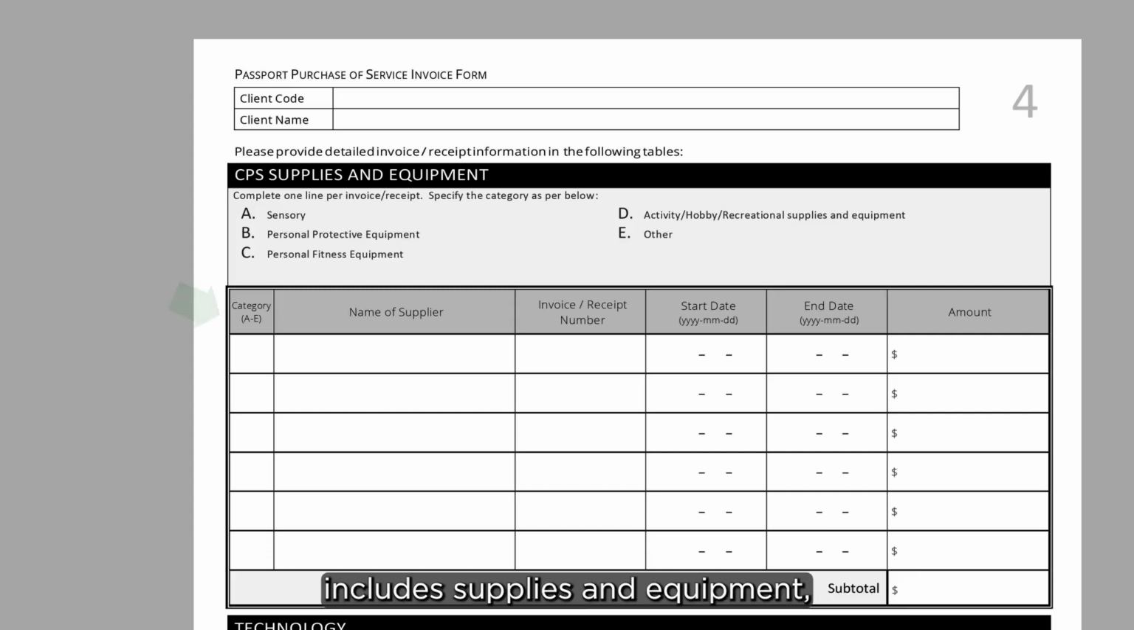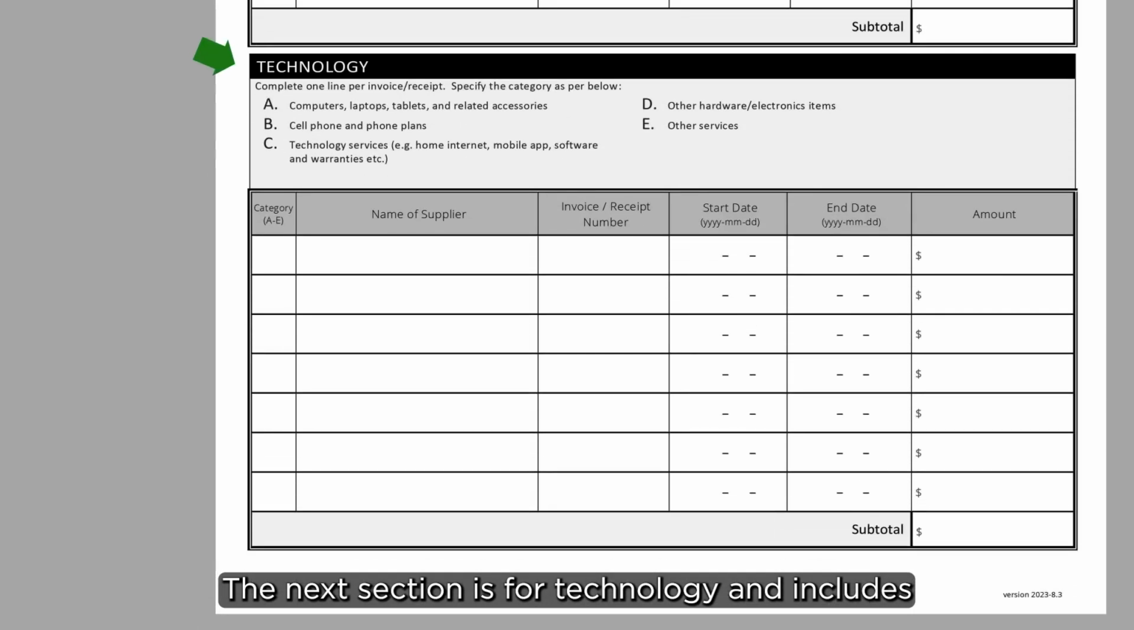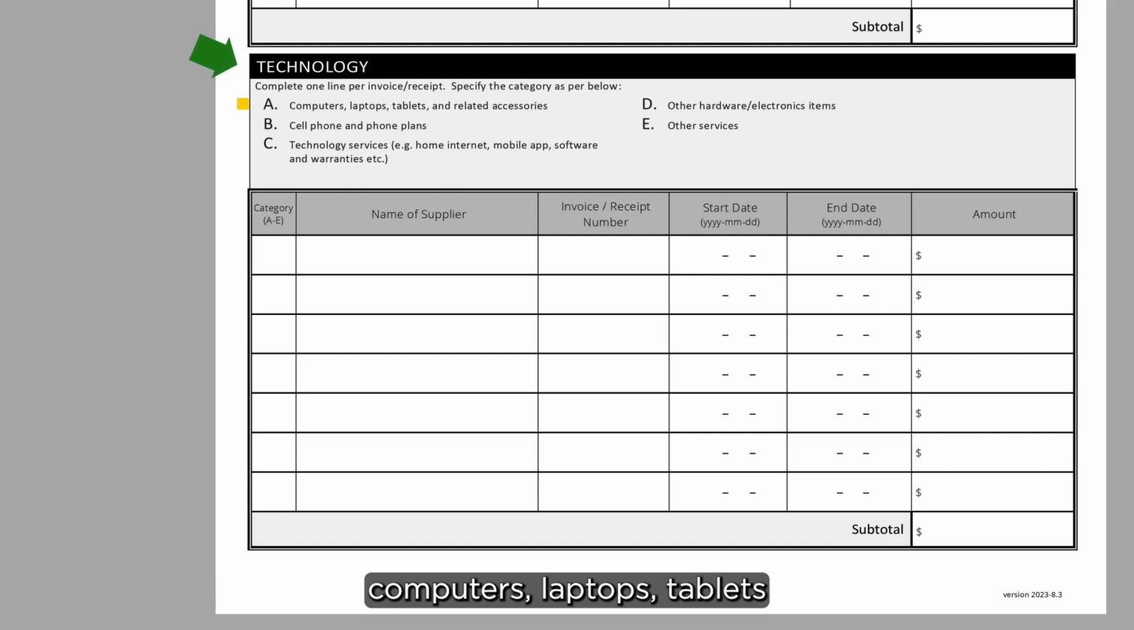When submitting a claim that includes supplies and equipment, you will need to fill in the category, the name of the supplier, invoice or receipt number, the start date, end date, and amount. Once you have entered all of your supplies and equipment, you will enter the total of these invoices or receipts in the subtotal section. The next section is for technology and includes computers, laptops, tablets, and related accessories, cell phones